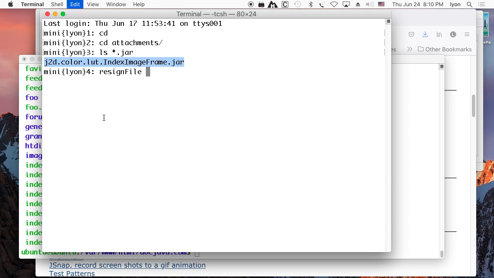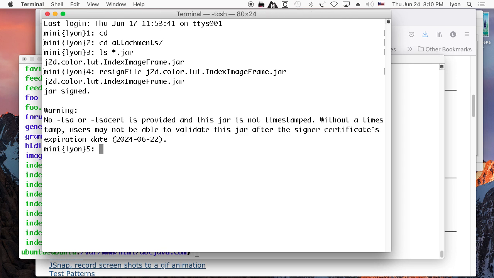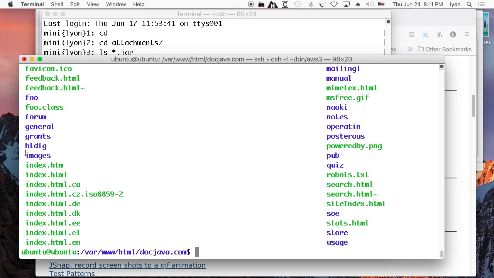I give it this jar file to chew on, and then it proceeds to do whatever it does, and then I do whatever it is I do, and then it does its thing, and then I do my thing, and then it says the jar file is not time-stamped, and therefore it won't be valid until, well, 3 years from now, 2024, and I can live with that. So then I upload the index image frame.jar to the temp file,